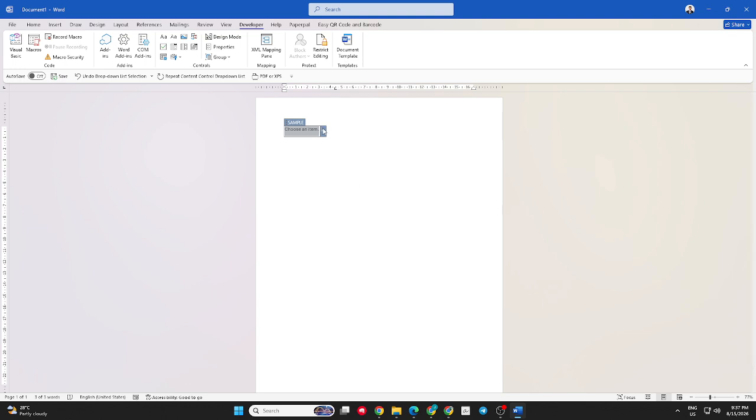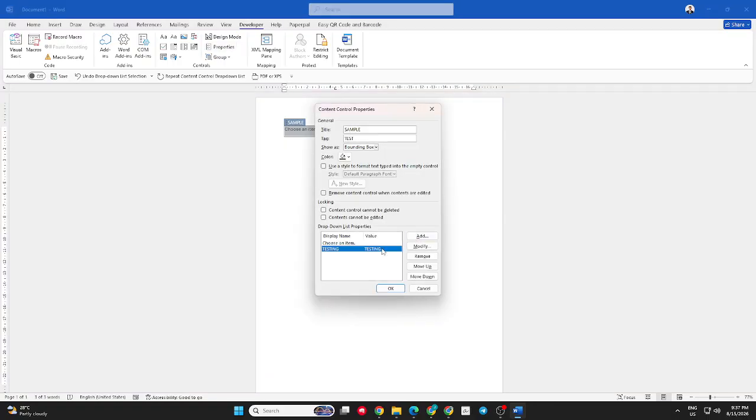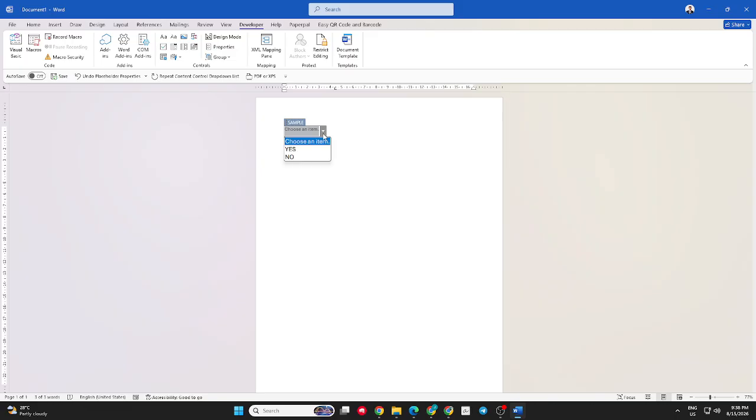You can use this feature for forms, questionnaires, applications, templates, and other documents where you want users to select from a specific set of answers. After creating the drop-down box, you can continue editing the rest of your document as needed. And that's how you can create a drop-down box in Microsoft Word using the Developer tab and the drop-down list